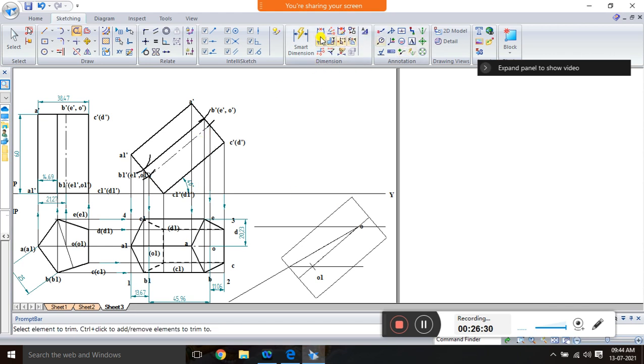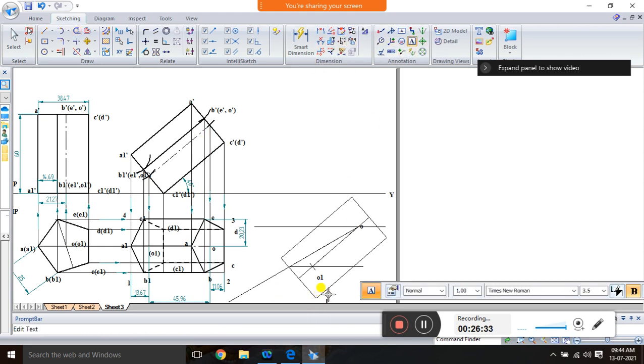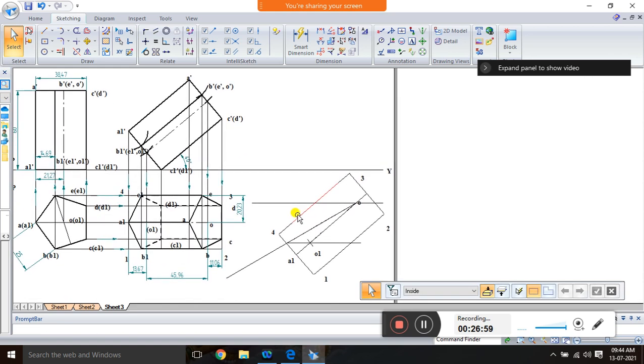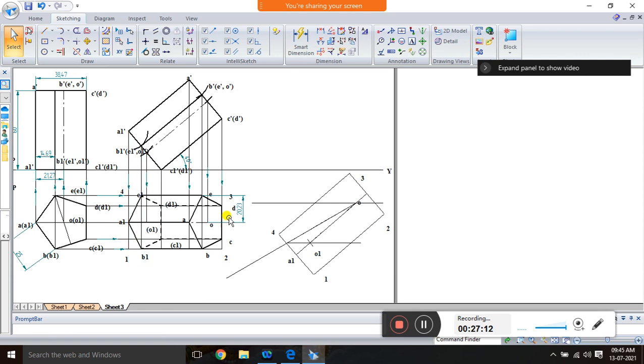I name this as 1, this as 2, this as 3, and this as 4. So we got this 1 2 3 4 box, and also we got the O and O1. Now we need points like A1. So this we can call A1. Directly we got A1, and here we got A1 as well. Next you can use your compass: cut the arc from A1 to B1, and cut the arc A1 to E1. After that you just erase all these dimensions.